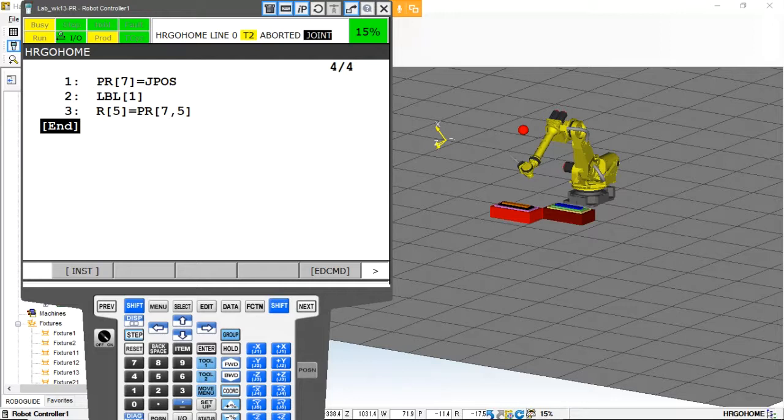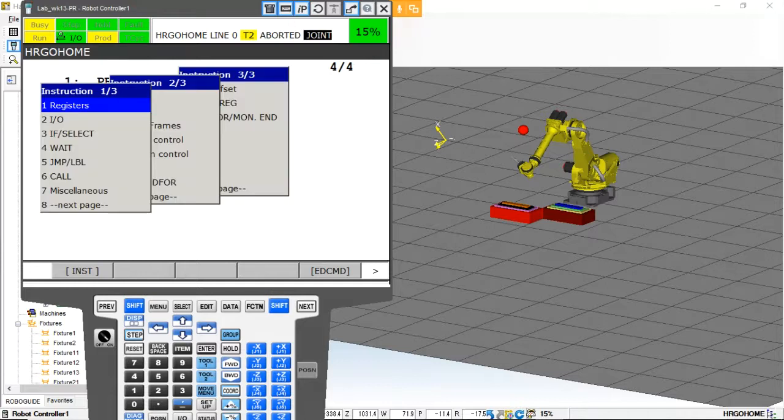So R5 is this angle. And then what I'm going to do is use an if statement. I'm going to say, well, if the angle is negative, I'm going to add to it. So if the joint is negative, I'm going to add to it. So I'm going to say instruction if,